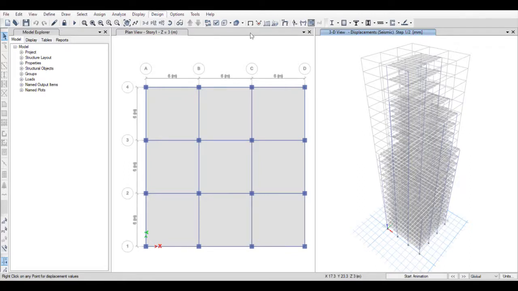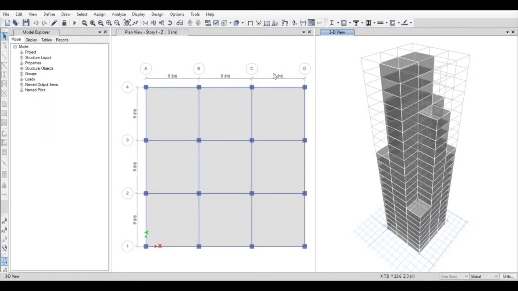Go to design, go to concrete frame design. First, before clicking on start design check, go to view/revise preferences. Check that the IS code is proper. Now click on OK. Go to design again. Go to concrete frame design and select start design check. Now give some time to the software to run the design.